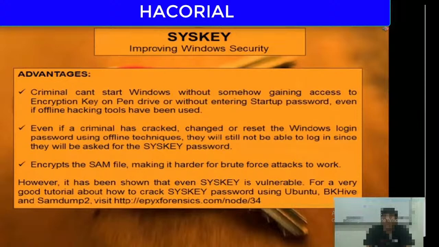The third advantage is that syskey encrypted the SAM file, which made it much harder for criminals to use brute force attacks or rainbow table attacks to crack the password. So syskey was much better than times before syskey. However, some hackers have found some loopholes in syskey as well. So there's a very good tutorial which I'd like to recommend to all of you. The website address where you can find this tutorial of how to crack the syskey password using Ubuntu, BKHive and SamDump2 is available at this website,